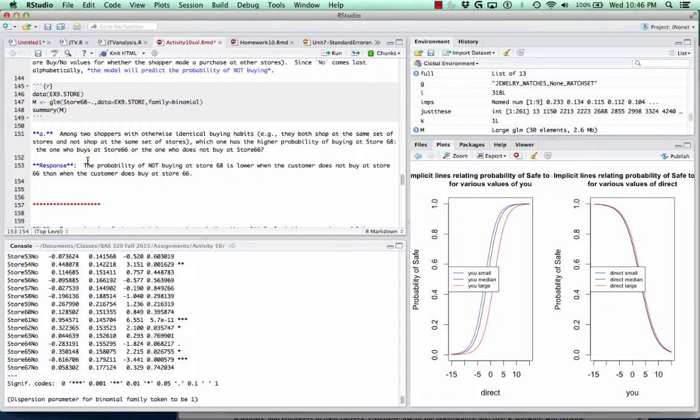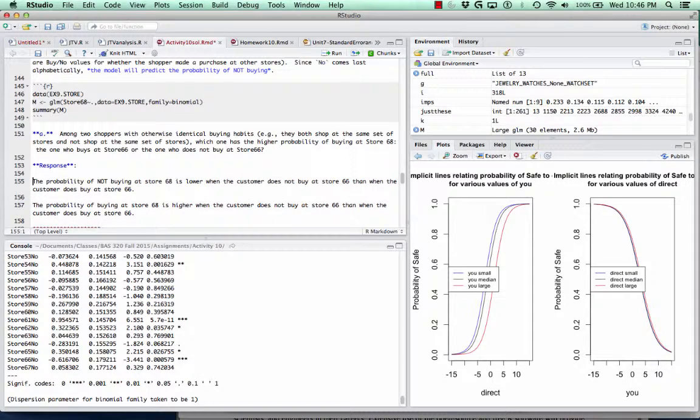So I'm going to copy and paste this and rewrite it. I'm going to say the probability of buying, because that's really what I'm more interested in, of buying at store 68 is higher. I can replace that double negative just by flipping the adjectives. So the probability of buying at store 68 is higher when the customer does not buy at store 66 than when the customer does buy at store 66. So I can actually answer my question now. Among two otherwise identical shoppers, which one has the higher probability of buying at store 68? Well, the probability of buying at store 68 is higher when the customer does not buy at store 66. So the answer is